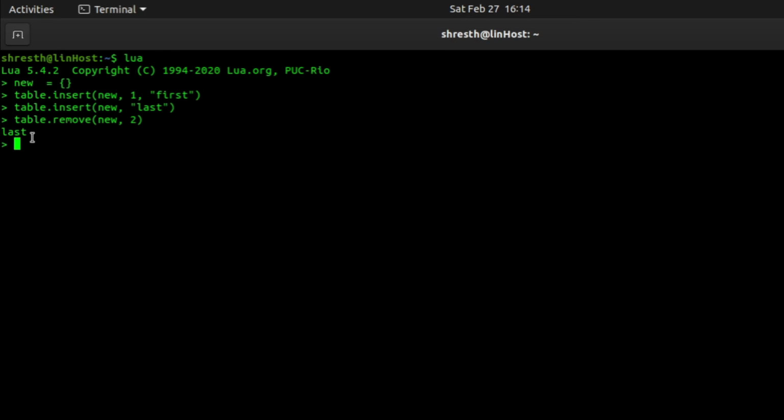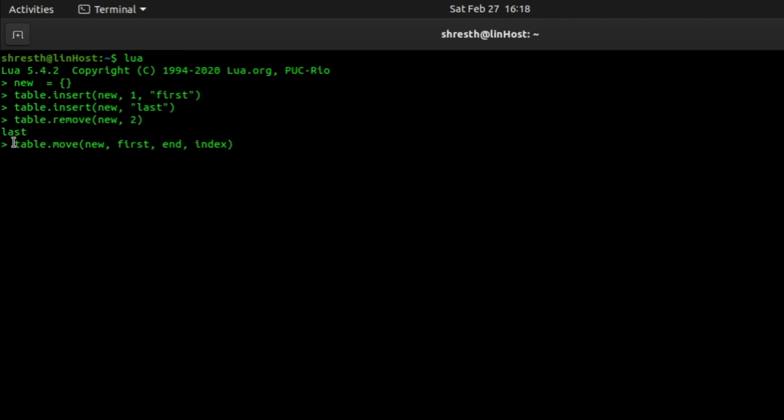Now there is a generic function in the Lua table library which is called table.move. It takes a few parameters which I will explain one by one. The first parameter, as usual, is the table name, in our case new. The second parameter is the starting index, which I'll say is first. The third parameter is the ending index of the table. And the fourth and last argument is the position where you want to move. So I'll simply say t or index.